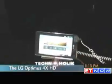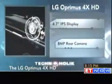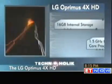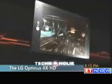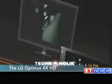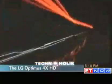But the showstopper at the LG booth was the LG Optimus 4X HD. It's a quad-core Android handset. Specs-wise, it has a 4.7-inch IPS display up front, an 8-megapixel camera at the back, 16 GB internal memory, and runs Android 4.0 Ice Cream Sandwich. But here's the catch. It's not a regular quad-core phone at all. It's intelligent as well. Optimus 4X HD is powered by a 1.5 GHz NVIDIA Tegra 3 processor, which features a